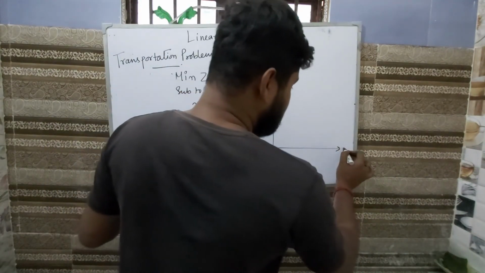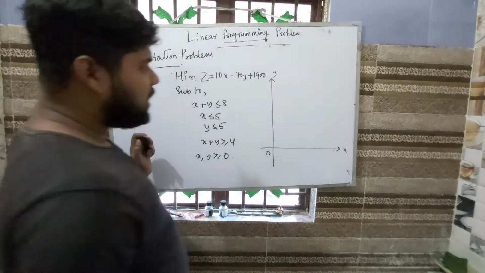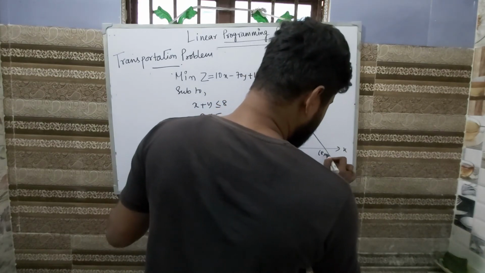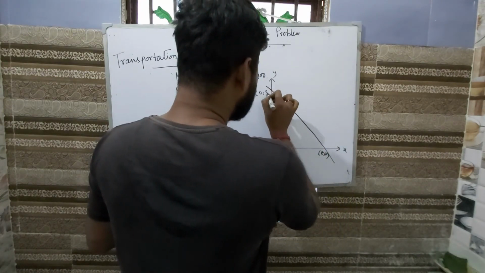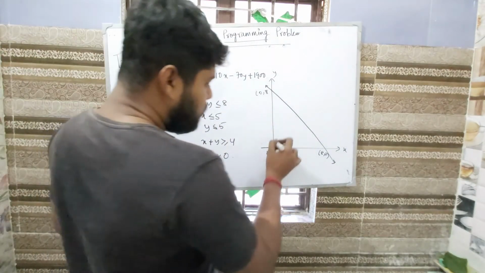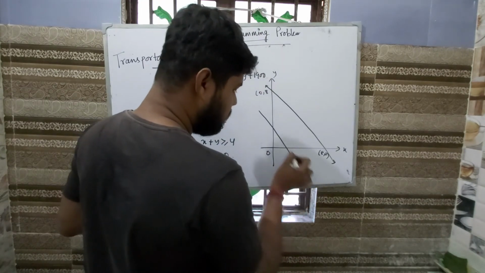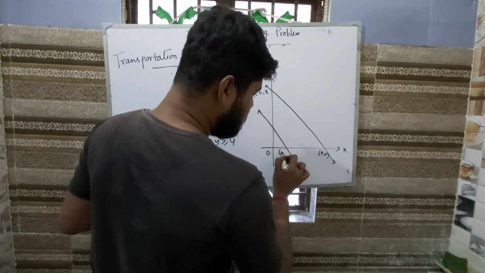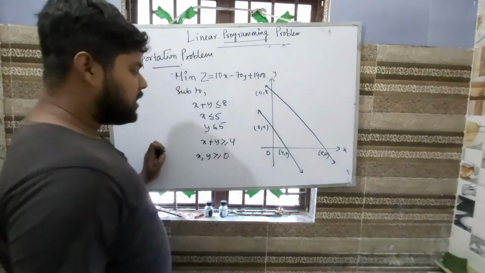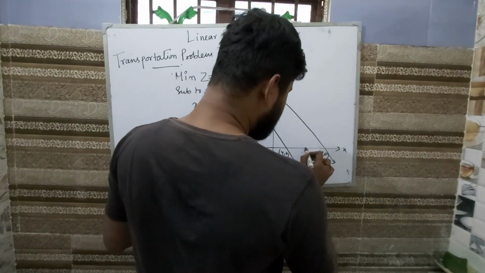This is y, this is x, this is 0. X plus y less equals to 8. The line goes somewhere here. So this is 8, 0. This is 0, 8. X plus y greater equals to 4. Parallel line. This is 4, 0. This is 0, 4. Right? X less equals to 5. X less equals to 5 means if here there is 5,